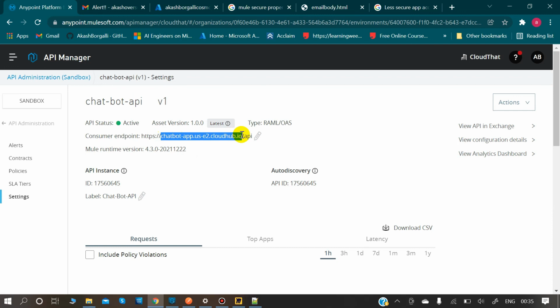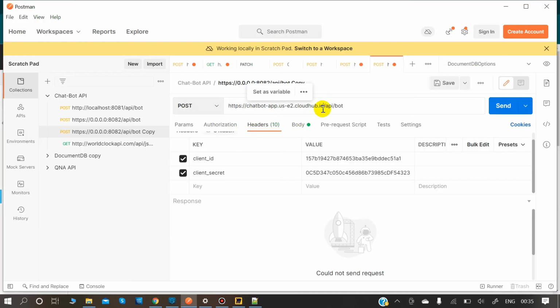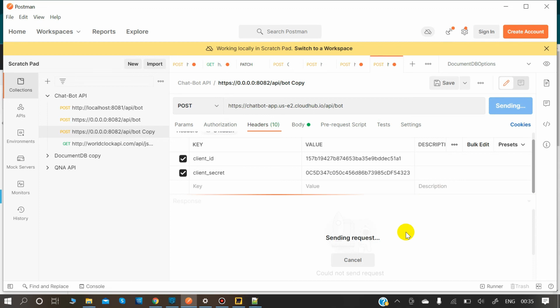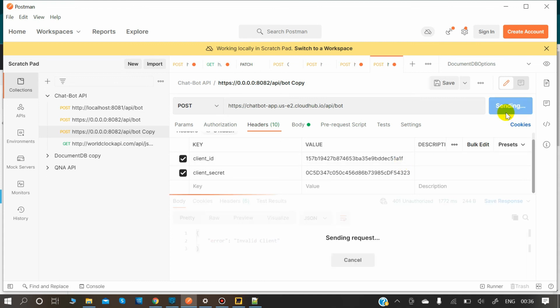As you can see, I would just copy this and paste it here. Now if I try to send this, it would give me an error saying invalid client. But if I again give the correct client ID with the missing letter, it would send the data.